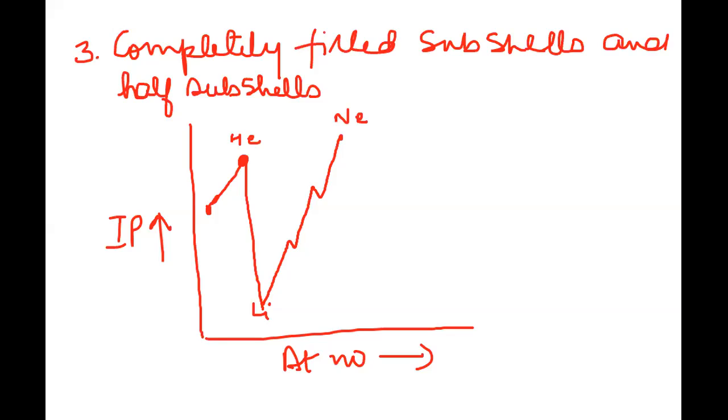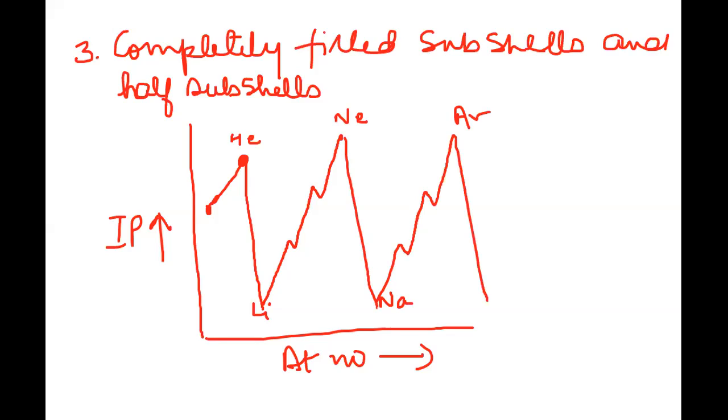Again, this goes down straight like this, and then you have the sodium element here. Again you will see that it shows a seesaw kind of increase, and then again it moves in between. Of course, you have other elements, and this peak is probably argon, and then again it drops. Now I'm just going to consider these many and try to explain.